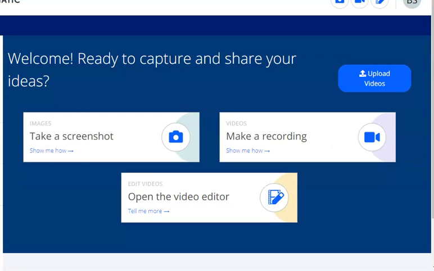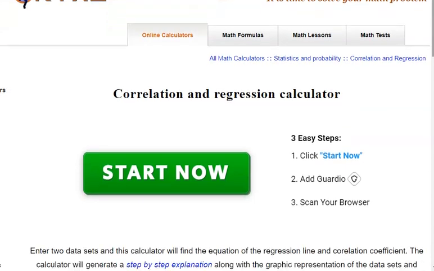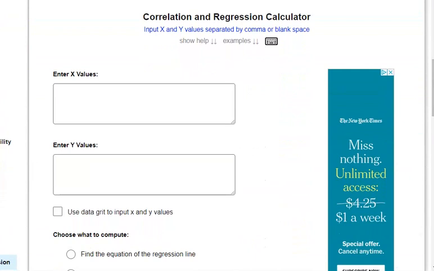Let me get to it real quick here. Right here, that is called Math Portal. It's kind of cut off just a little bit from the view that you're seeing, but it's asking us for a correlation and regression calculator, okay? So from this little calculator, we scroll down, and here's where we do some input values. We're going to input our x values and our y values